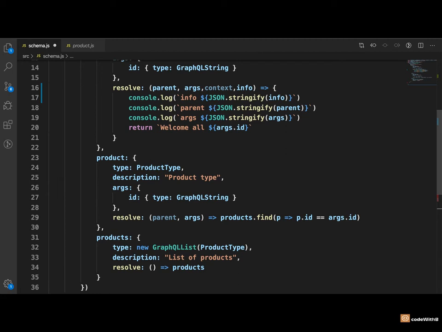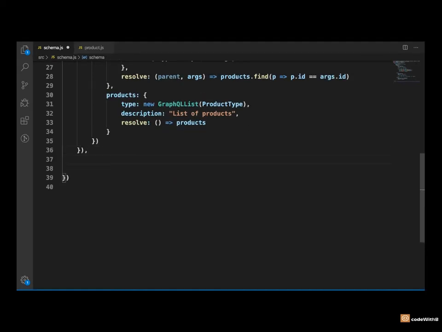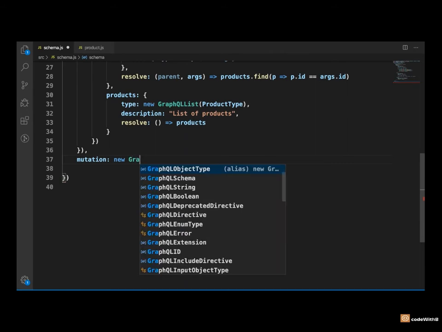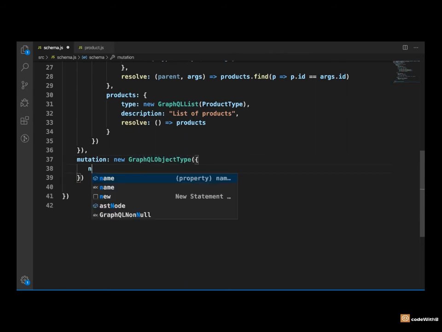In the previous video, we learned how to create a query type. In this video, we will learn how to create a mutation type to create or update any resource on the GraphQL server. For defining mutation type, we need to create a root type mutation and it will be a GraphQL object type. As every type, it should have a name. Let's give it a name mutation type and we will also add description to this type,